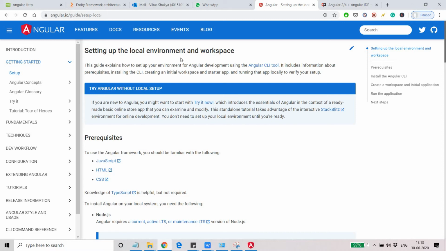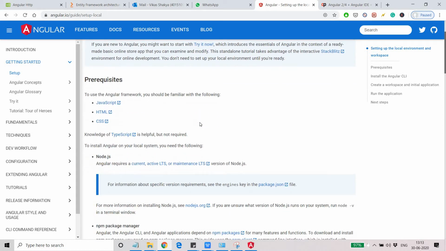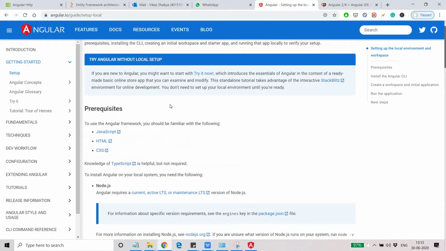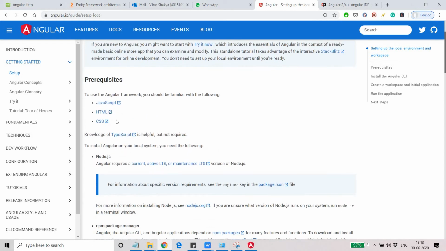In this subsection setup, you will be able to find out how many things you need before you start the development. It says you need to know about these things beforehand. You must have some understanding of JavaScript, some understanding of HTML, and you should know something about CSS, I mean cascading style sheets. If you don't have an idea about these things, you can go through any of the sources available to you, because on my channel I don't have these things available as of now. HTML, JavaScript and CSS are not available as of now on my channel.